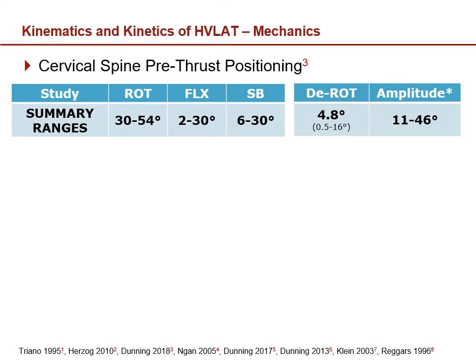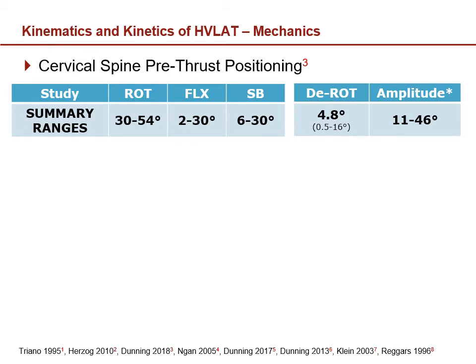Okay, so in summary of the pre-thrust positioning, you have 30 to 50 degrees of rotation, 2 to 30 degrees of flexion. Again, this may be dependent on the technique being provided, maybe even the segment, maybe even the individual and their body habitus and how much their head is off or not of the thrust surface, be it the pillow and/or the table. Keep in mind that Klein 2003 study found that the less flexion that was applied, the higher